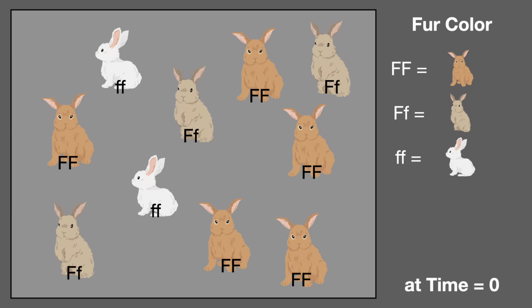So as you can see, with 13 big F alleles in a pool of 20, we can calculate the allele frequency of the big F allele as 0.65. The little f allele should be 7 out of 20, which can be calculated independently as 0.35, or you could even simply subtract 0.65 from 1 to get that exact same answer. So that's all good for time 0, but as we defined earlier, microevolution is any change to that frequency